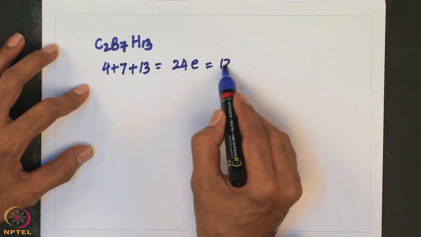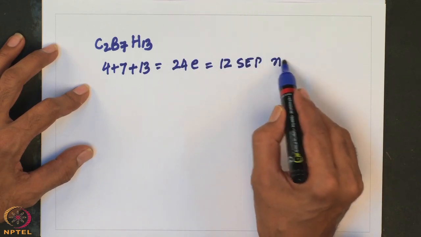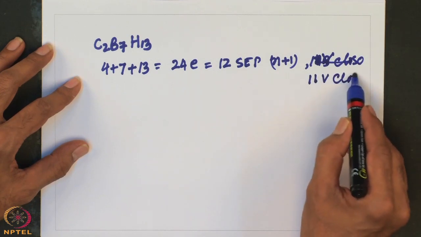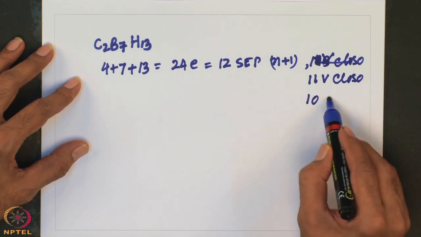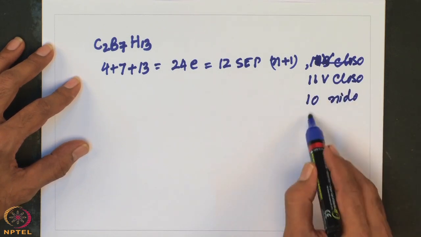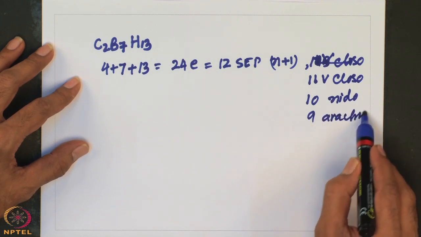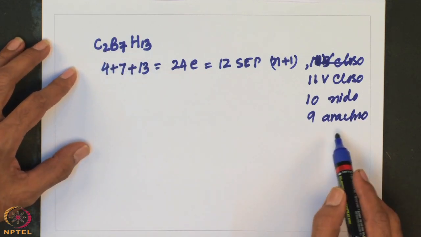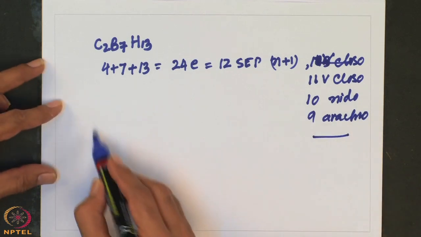So, that is 12 skeletal electron pairs, which will be n plus 1, so with n vertices it will be closo, and if we have n plus 1 vertices it will be nido, and if you have n plus 2 vertices it will be arachno. Since we have 7 plus 2, that is 9, it is an arachno structure we have. Okay. So, this has an arachno structure, and now let us look into